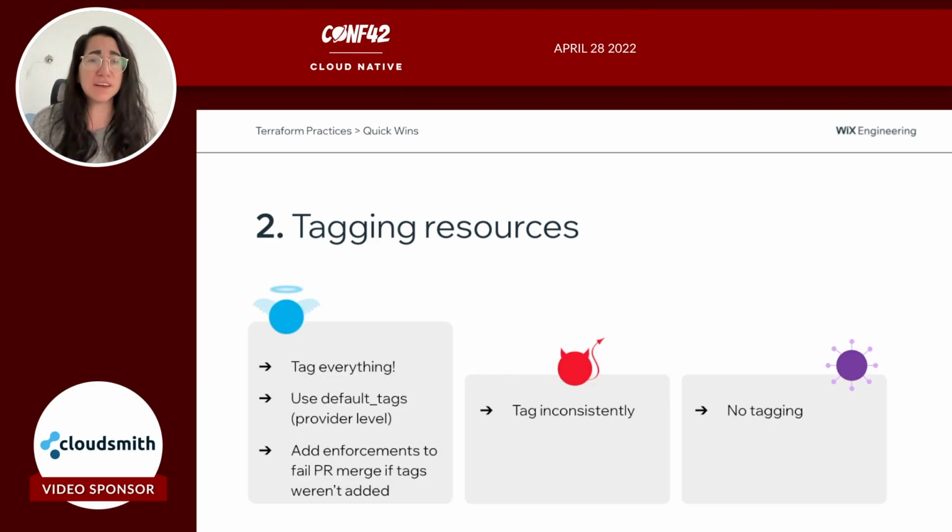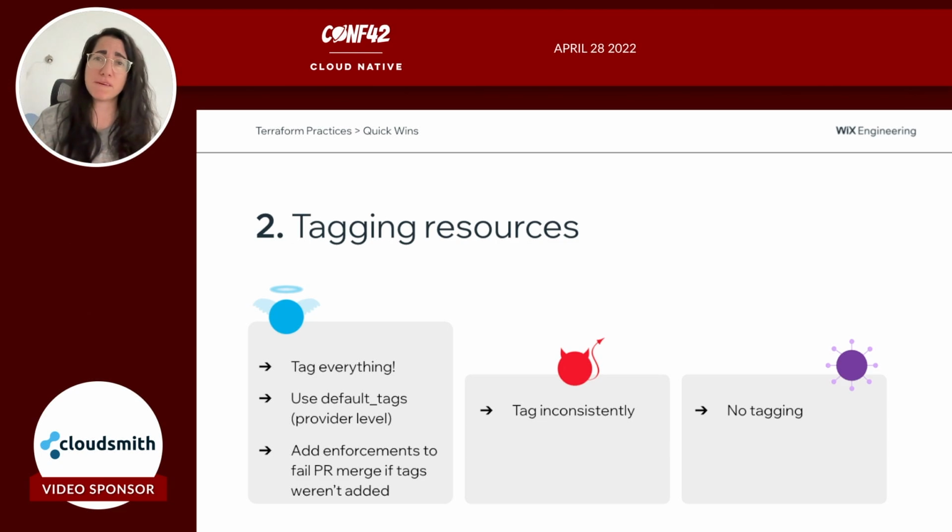So the good thing here is to tag everything, because why not? Everything is good. You can use default tags on the provider level. For example, the managed by tag that I showed before in the examples, where managed by is Terraform, of course. If you set it at the provider level, then you can just forget about it. You don't need to set it up on other resources along the way.